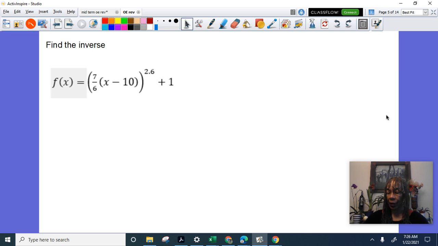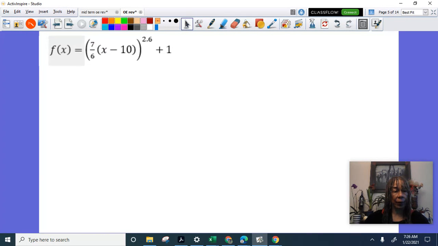Okay, I'll try to do a couple of these. Find the inverse of a really, really ugly function. So finding the inverse, step one is always, always, always to change it to y, which means I'm going to have to rewrite this a bunch of times. So y equals 7/6 of the quantity x minus 10